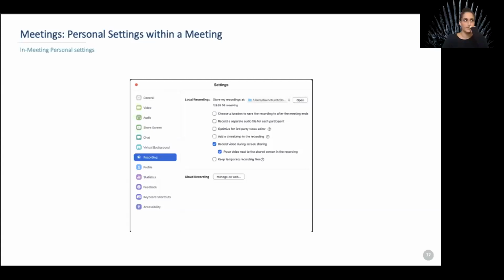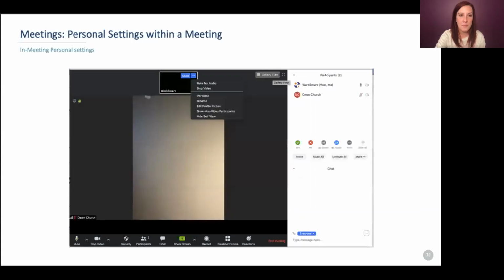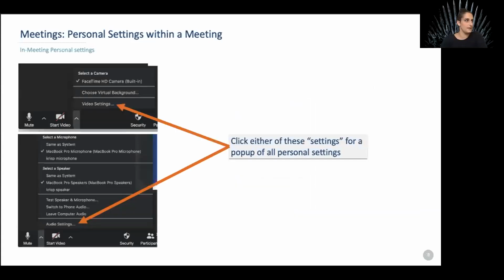Before you move on, can you just go back to the slide with how to navigate to your personal settings from inside the meeting? The question is, just to show that real quick. Sherry, if you can see this, let me know in the chat that you are seeing this slide so you can choose your settings.